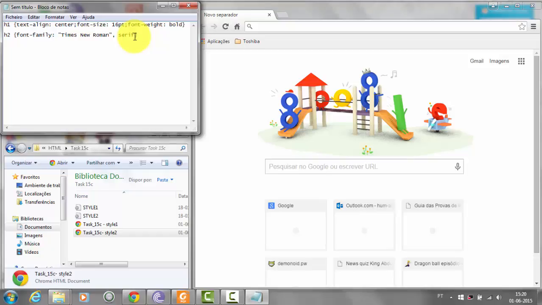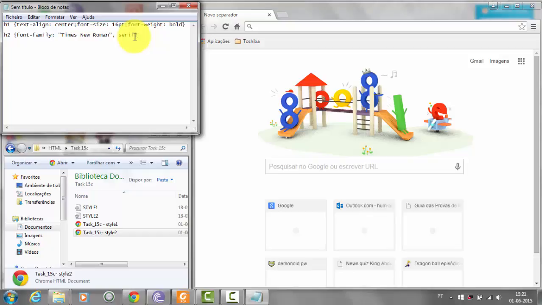In the example above, the font family is set so that the browser will look at the list of fonts installed in the machine and will try to find Times New Roman first. It is in speech marks in the style sheets because there are spaces in the font name. If it cannot find it, it will find any generic serif font that is available.